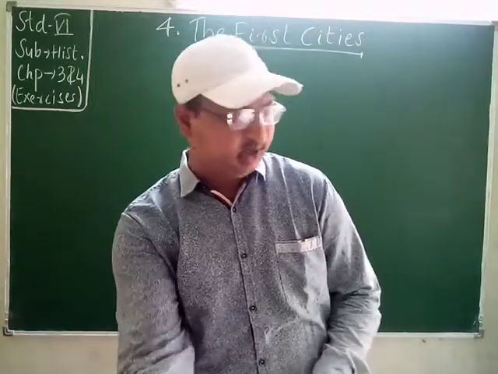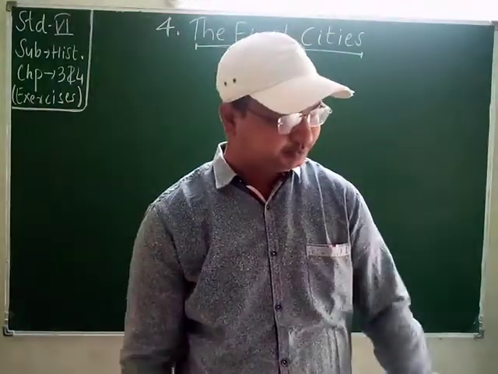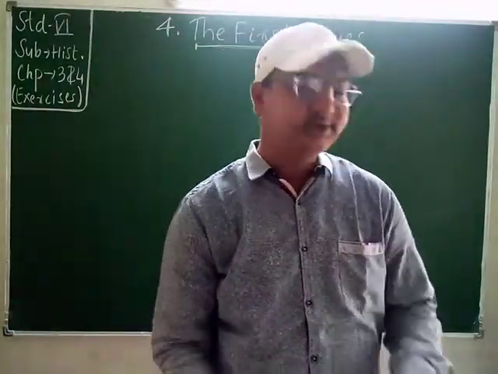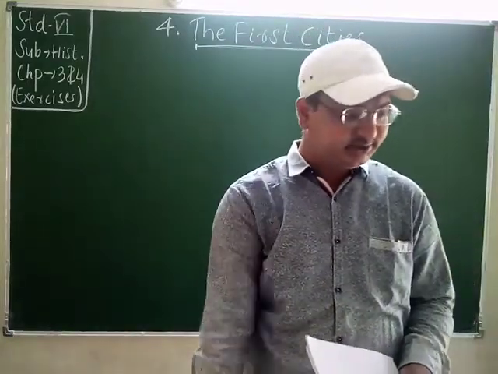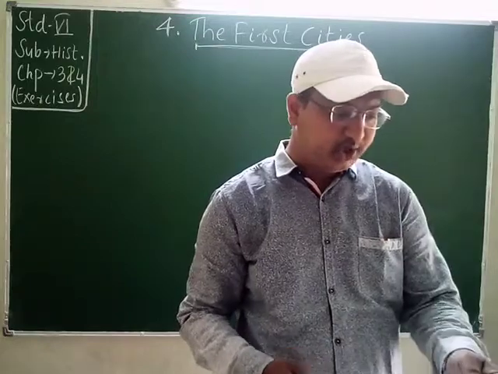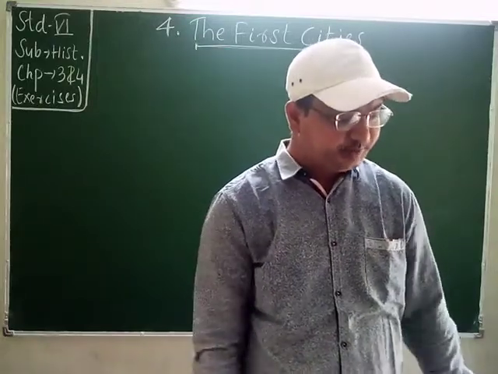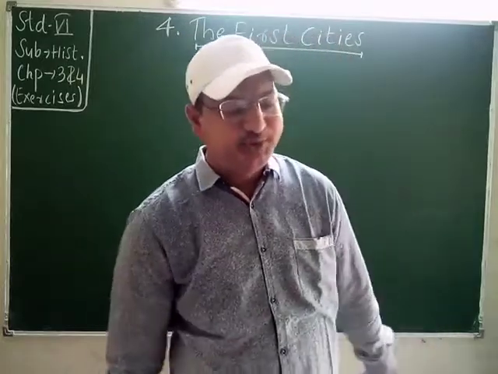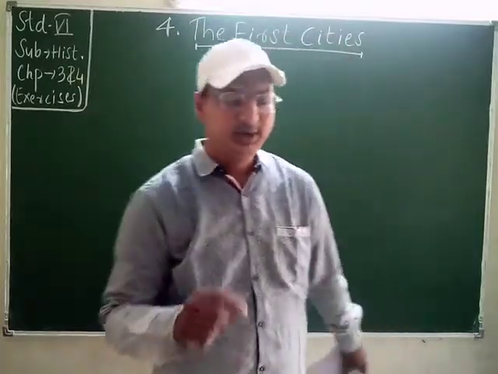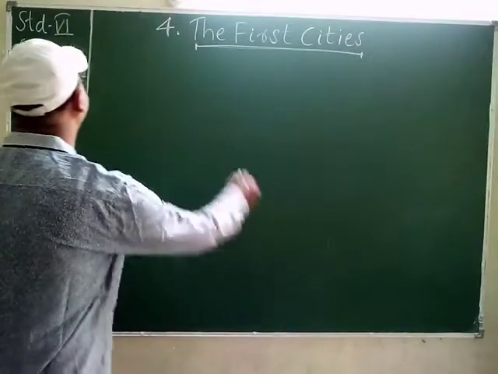So let us start from number 1. Numbers 1, 2, 5 and 6 are in the down section, and in the across section there are 3, 4, 5 and 7. In the down section, the first clue is, they were used to spin the yarn. So what is that word? Spin the yarn means, students,